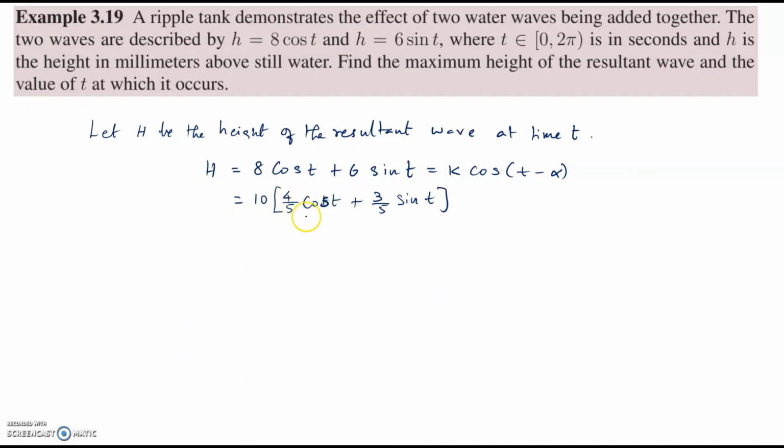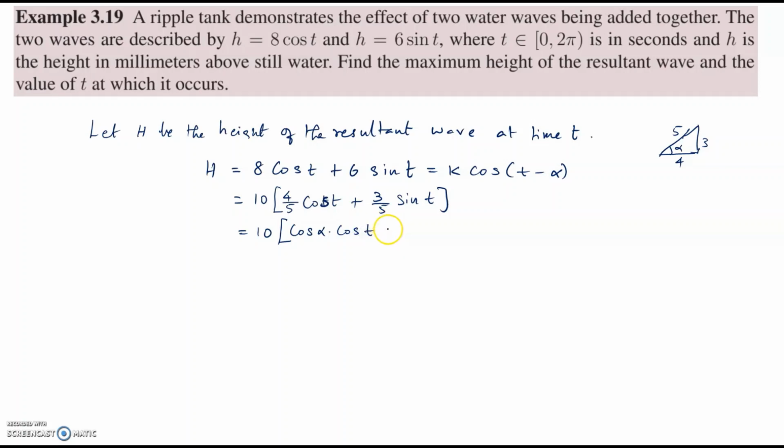Now, if you look at 4/5 and 3/5, they are the sides of a right angle triangle. So if the hypotenuse is 5, then the other sides are 3 and 4, and we define the angle as alpha. Then we can say that sin alpha is equal to 3/5, and cos alpha is 4/5. So this is equal to 10 times cos alpha into